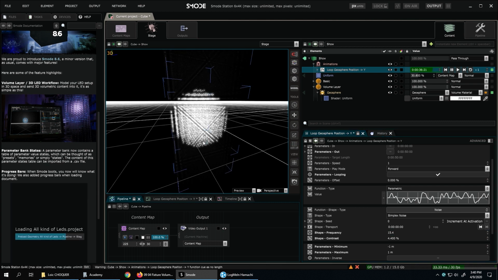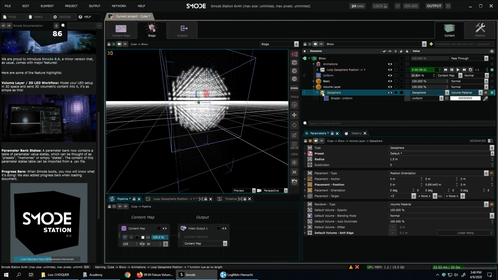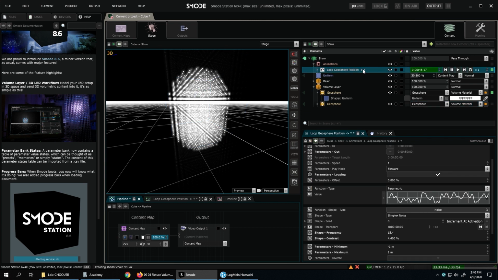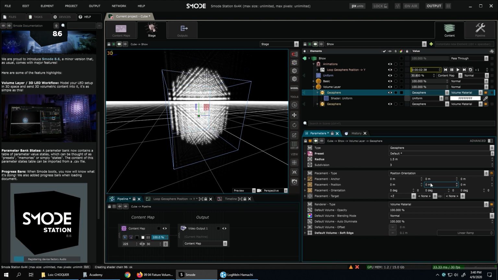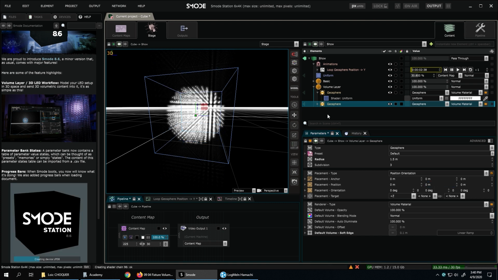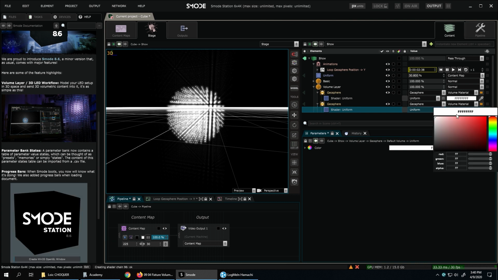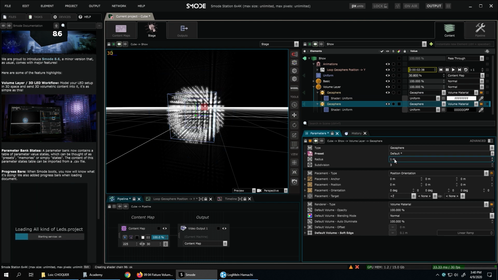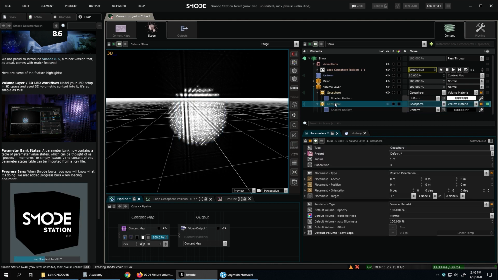So now I have my basic element, but I want to hide the inside. So I will duplicate and put this here and this one here. I want to have black inside. So what I can do is add a black sphere inside the other one, and decrease its radius.